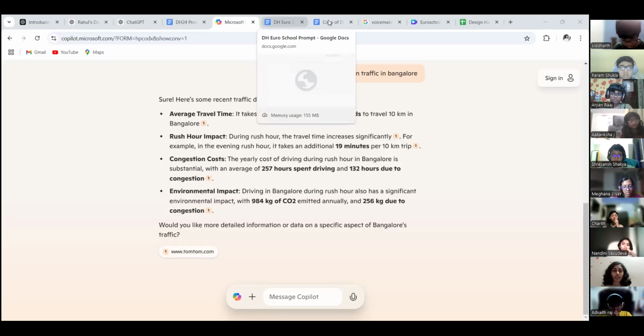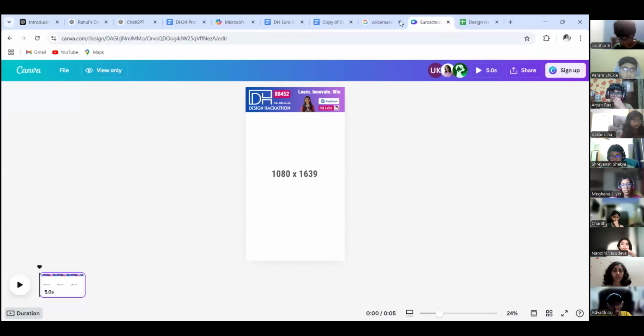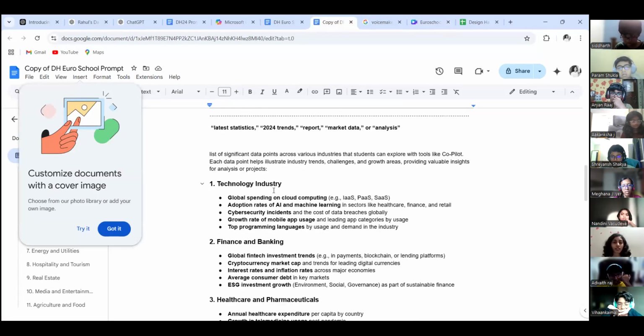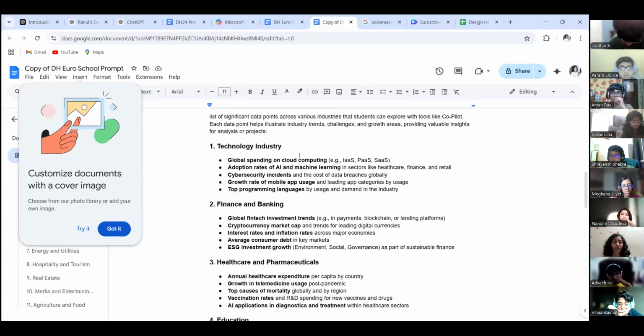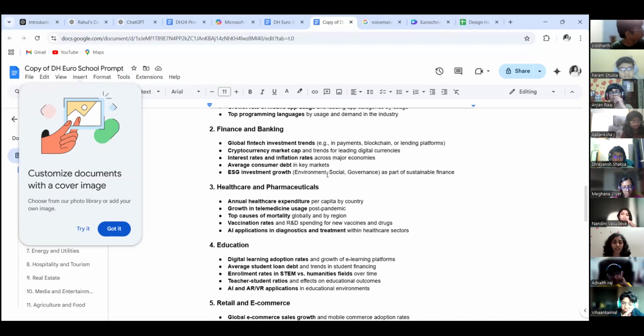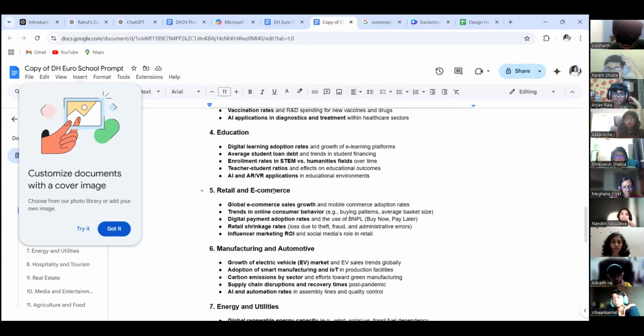So these are a couple of examples that you can also search on. There are things like technology or finance, healthcare, education. I'm sorry to interrupt, but for genuine scripts and all, we're supposed to use ChatGPT, and